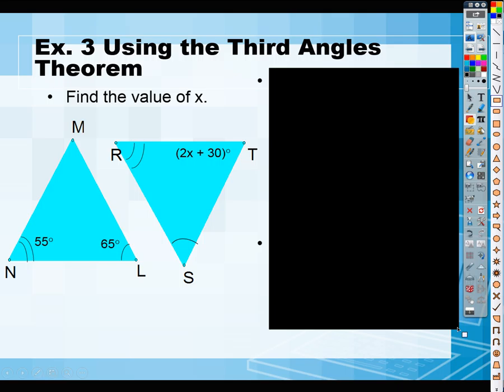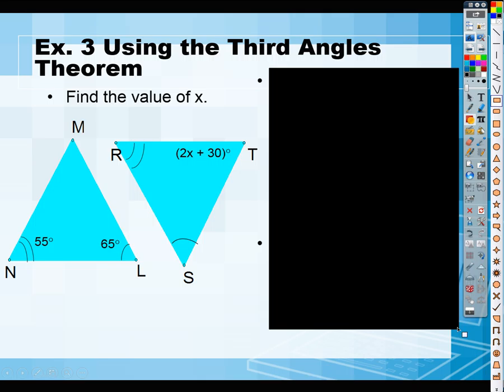We know what x is? 30. No, x is 15, okay. Yeah, good. How'd you get it? I just added up the other two angles on L, and then found out that 60 degrees had to be the